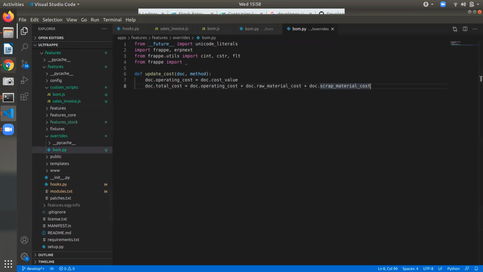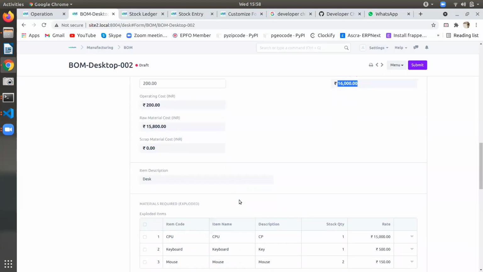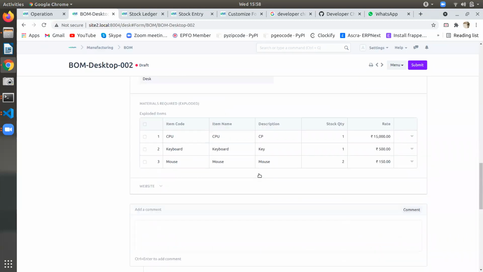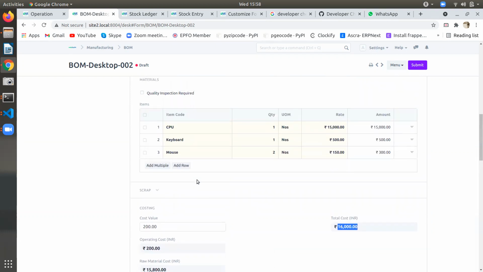So like this, you can achieve any requirement you want. Without operation, you can mention any additional charges you want. You can create an additional charges field, and then you can sum that up with the total cost.